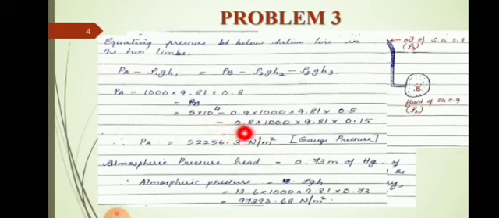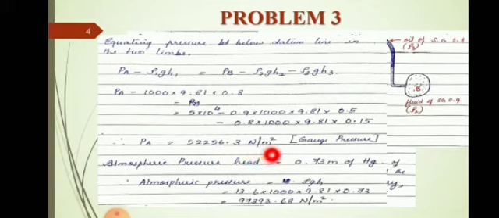Oil of specific gravity 0.8 for a height of 15 centimeter. So the corresponding pressure is 0.8 into 1000 becomes the density of that liquid, into G into 15 centimeter is 0.15 meter. So solving this equation, you will get PA as